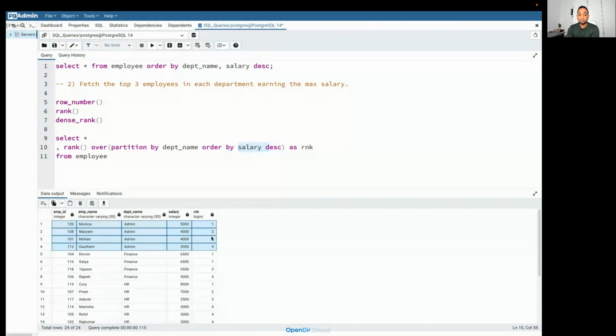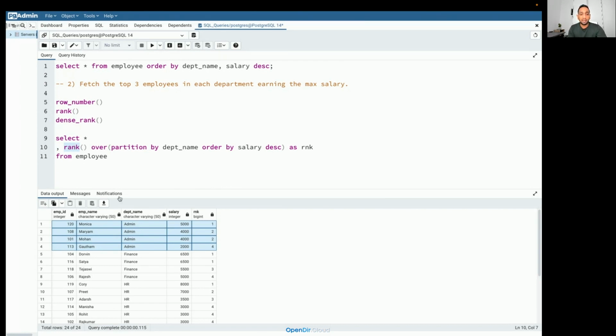So I had rank 1, 2, and then ideally it should have been 3, but 3 is skipped because prior to 3, two of the employees got the same rank. So that is why here the rank is 4. But let's say if there were 3 employees with the salary 4,000, then the next rank would not be 4 but 5. So this is one important functionality of the rank window function. It will skip a value if it finds multiple records with the same rank. Depending on how many records it found with the same rank, it skips that many ranks. I hope you understand this.